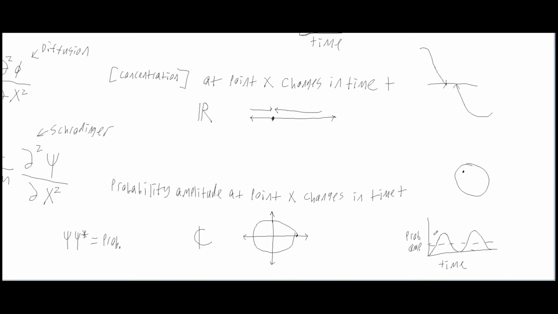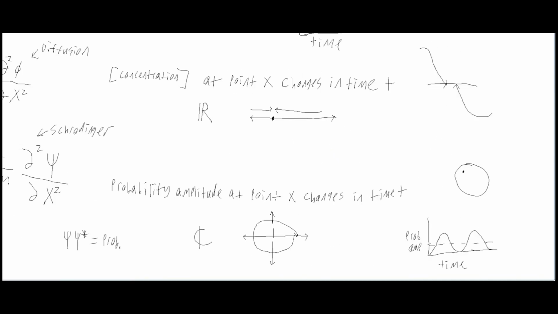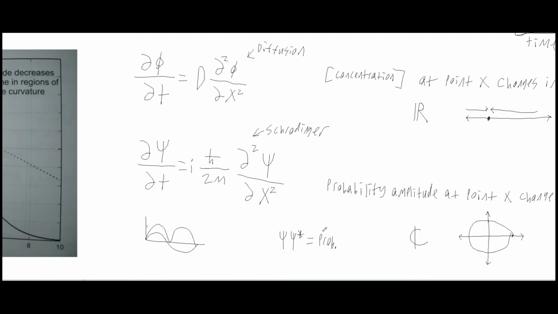We are now just oscillating back and forth. So it would be like, as I said, if our concentration at this one point is oscillating from 0 up to some, I guess, evenly diffuse point, then back down to some weird negative concentration, then back up to having 0 concentration. But in this case, we're talking about probability amplitude, which, as I said, can have this weird negative here, which is hard to